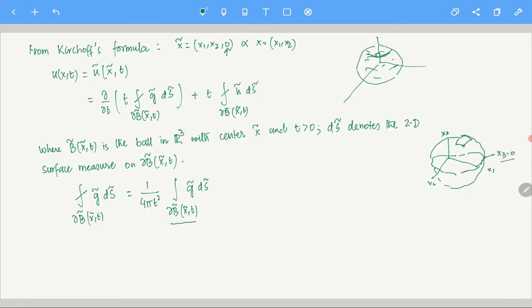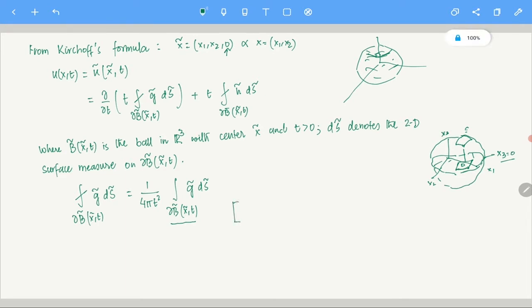Now you see, if you project it on this part, x3 equals to 0 here, it will correspond to some kind of rectangle or some region here, let's say D capital. So you understand what I'm trying to say. This is the small surface, and corresponding to that this D is there, if you project it in 2 dimension. So what is the formula? Let's say this surface S. Let me write it, maybe I can do it here.